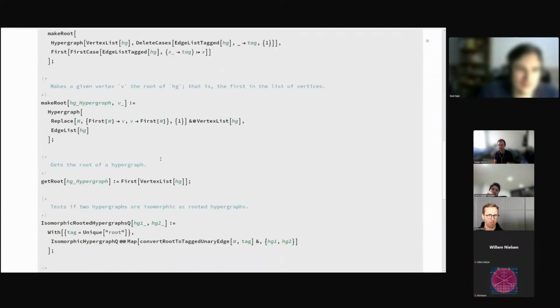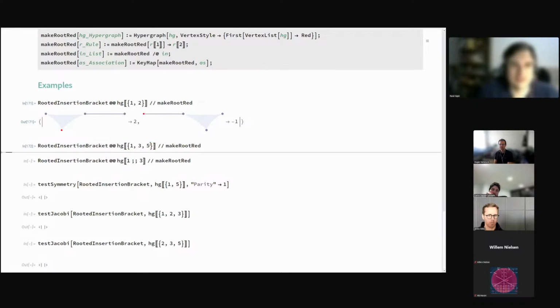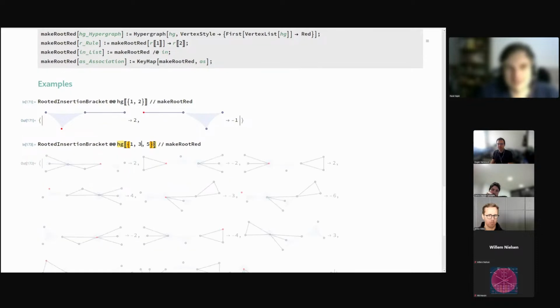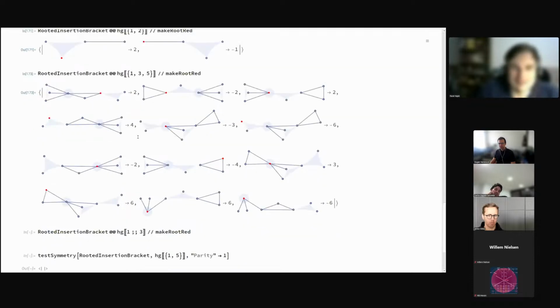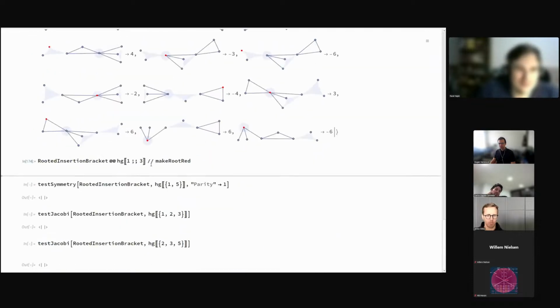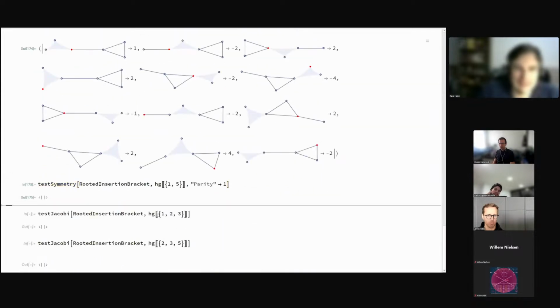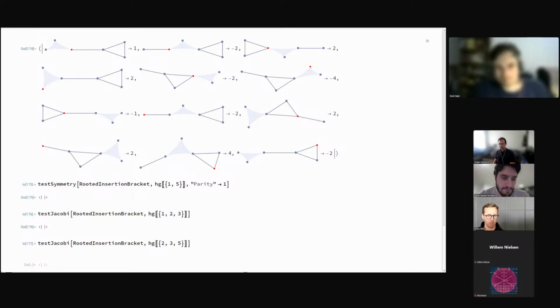Yes. Rooted LibreCAD. And rooted multi-bracket again. This is the interesting one, the multi-bracket, interesting for Carlos, because it actually makes sense to really check if it is a Lie algebra or a Lie tree algebra. So again, you have the same thing. Again, you can test symmetry. You can test Jacobi identity, and Jacobi identity with permuted inputs. Really cool. It holds by the tests.